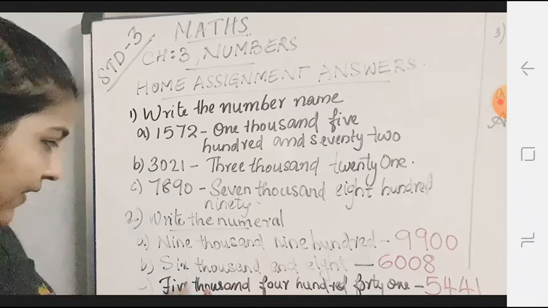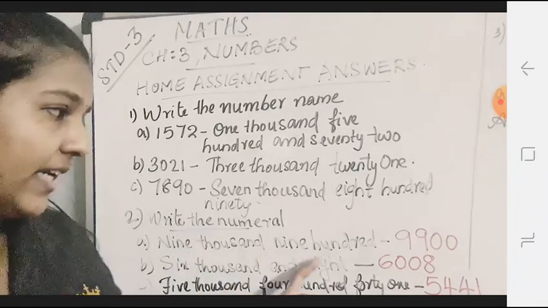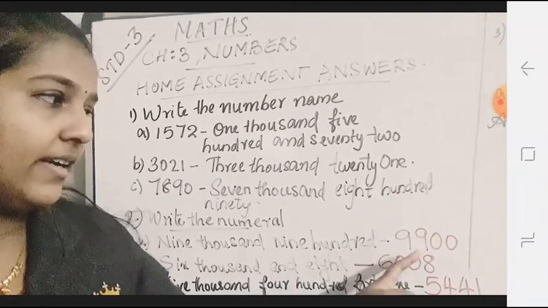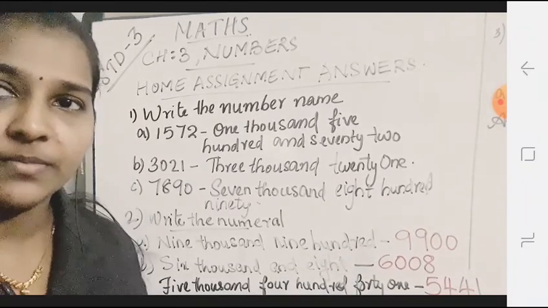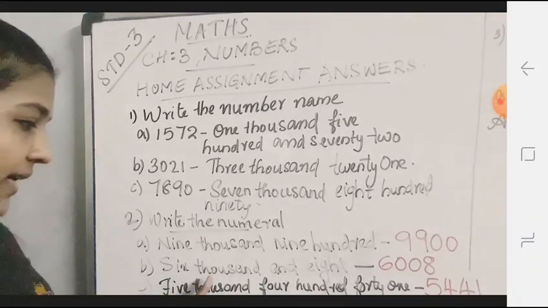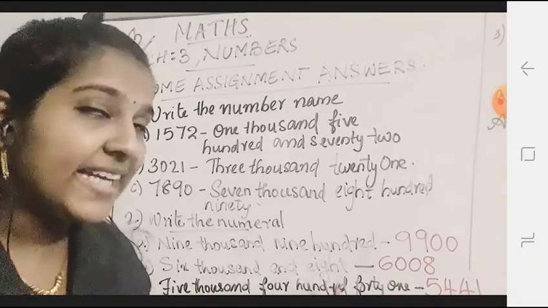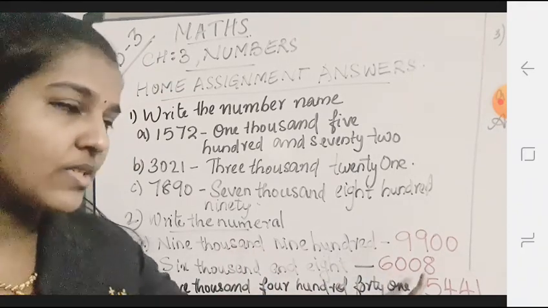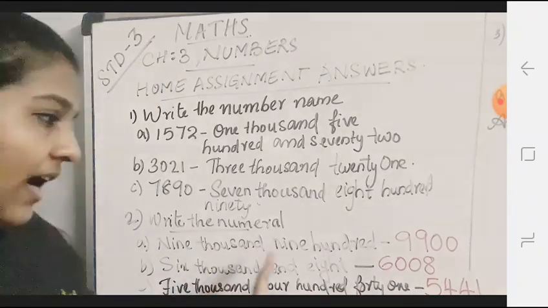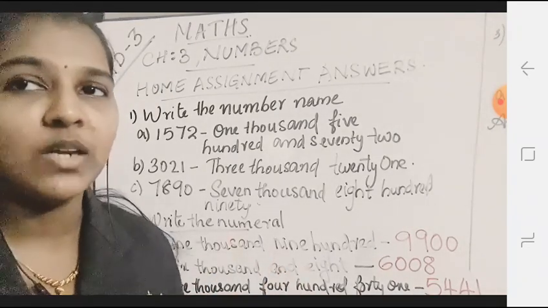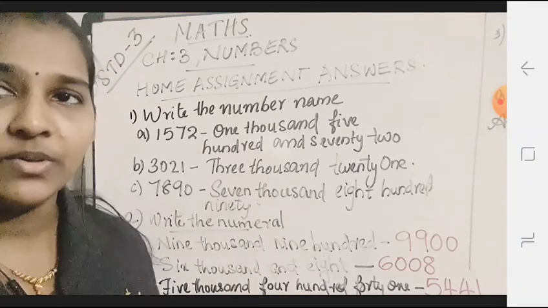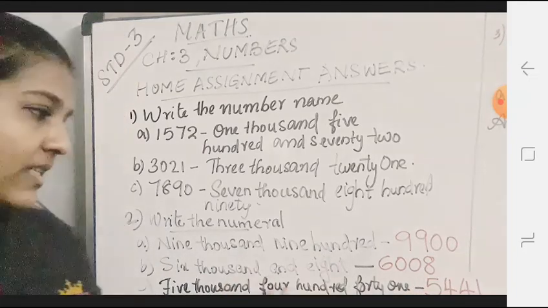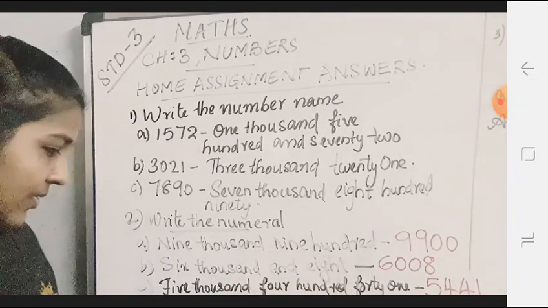Okay. So first question, 9900. How to write 9900? Now the next one, 6008. How to write 6008? Here the hundreds place and tens place both are not given. So you can put the 0 there. Okay, so the number is 6008. Now the next one,